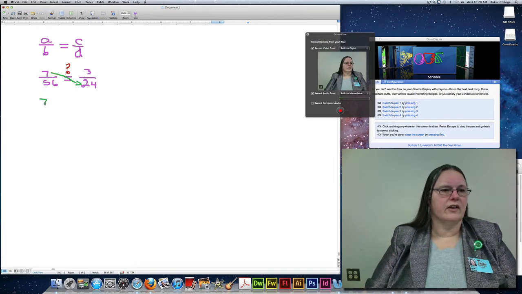We're going to take 7 times 24, and we're going to see if it equals, this is the question, the next step, which is step 2, multiplying the bottom to the top, which is 56